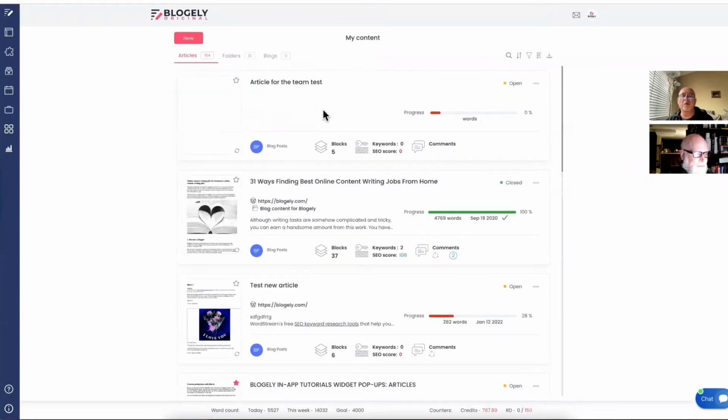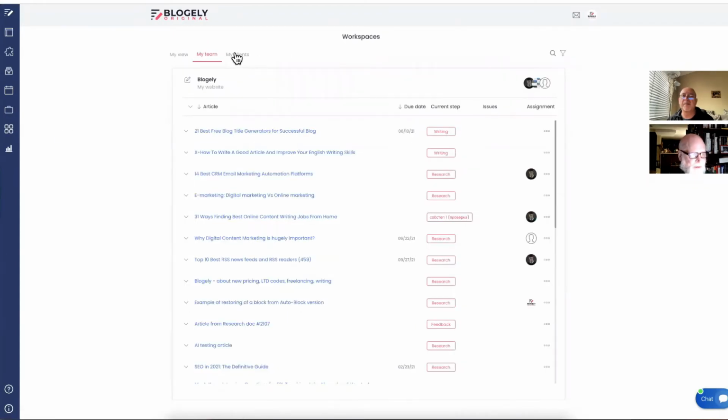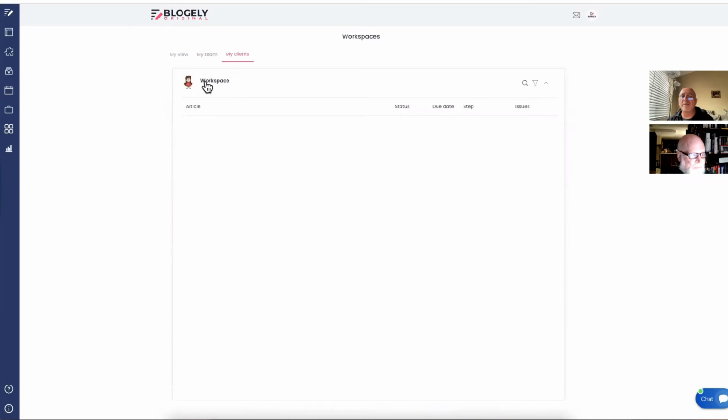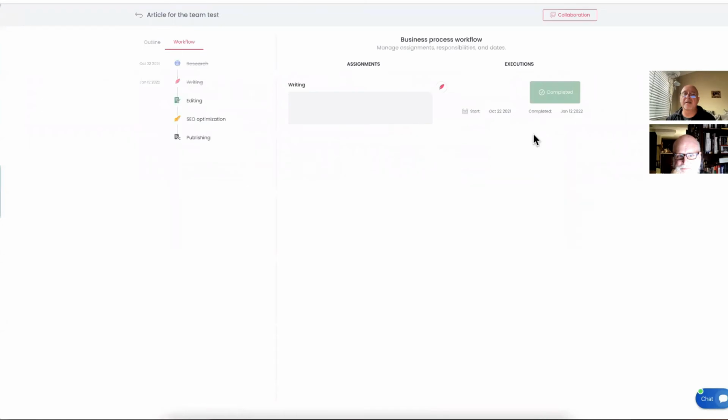You go into the workspaces, in my client's view. When you click on my workspace, you will see the task dedicated to you. Let's say you are assigned three different steps. You will see three different steps separately, so each step is independent. You could see step 1, step 2, step 3, along with the article name. Again, this one is a test, so you don't see the actual name, but you can see the statuses. By clicking here, you go directly into the article.